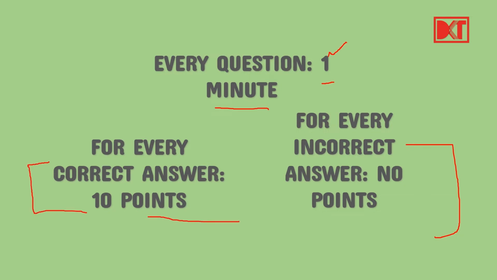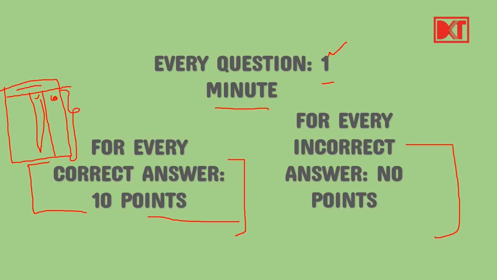This is just for your own little game where you can try to maintain a notepad. So here you write the name of the chapter and then the question, and then if it is correct you can give yourself 10 points. If it is not correct, you mark it here. So it is important to see the questions which you mark incorrect. It is important to go back to them later and see where you made the mistake. Alright, this is just for your reference. For every correct answer you can give yourself 10 points. Alright, now let's start.